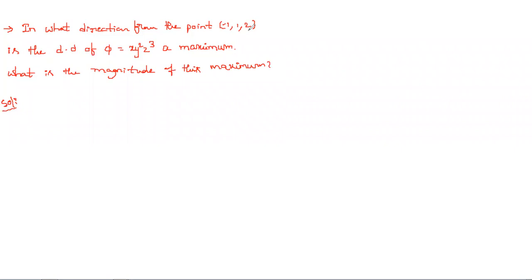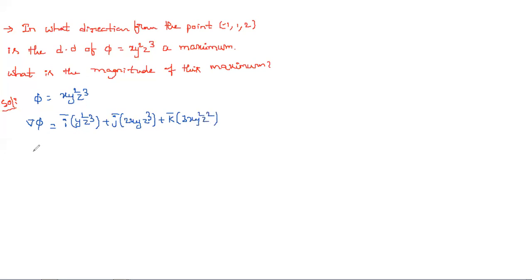Okay. So first you need to take phi. So phi is equal to x y squared z cubed. And the first thing we need to do is find del phi. So del phi is equal to i into y squared z cubed, and next j into 2xy z cubed, plus k into the derivative with respect to z, so this is 3xy squared z squared.